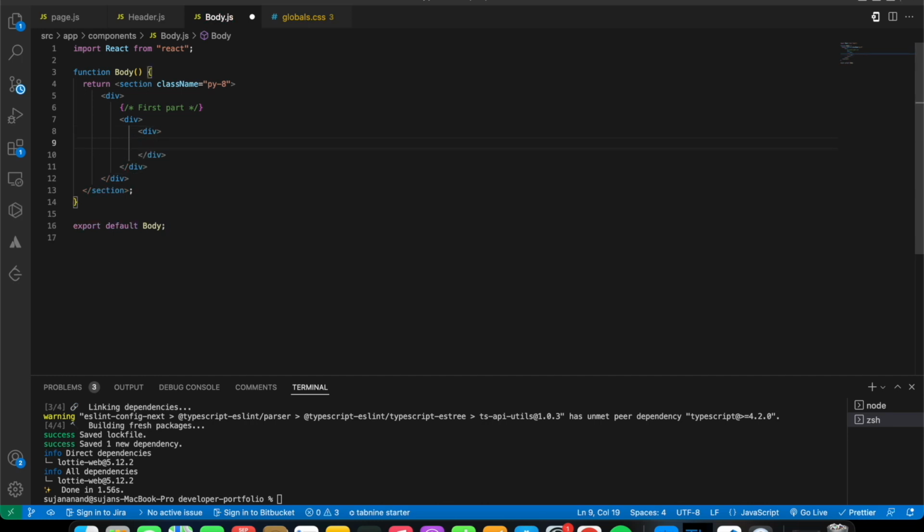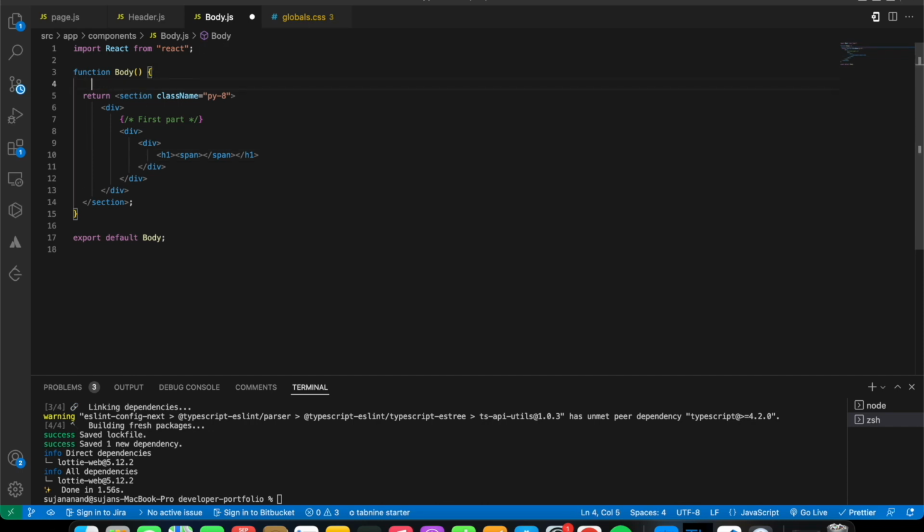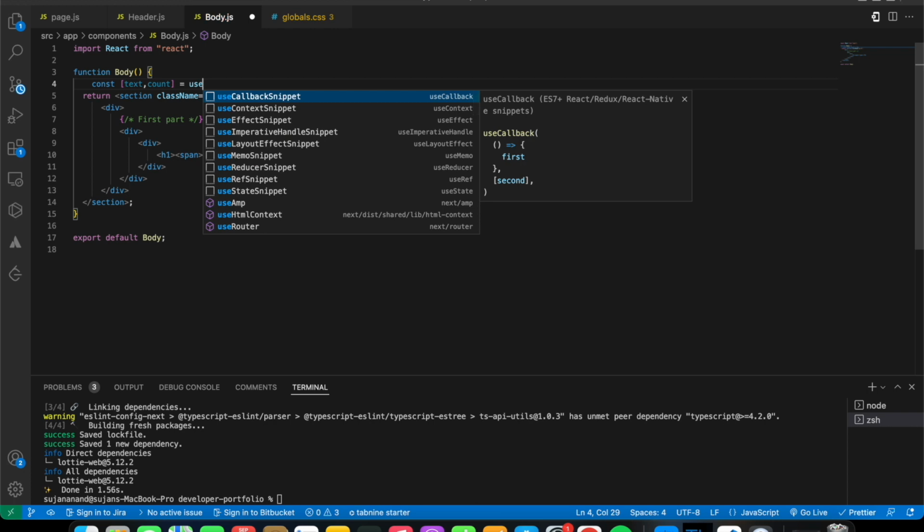Okay, so over here, firstly, I'm going to initialize my h1 tag. This is going to contain basically the span. Inside the span, we're going to write the text that comes from the React simple typewriter. So firstly, let's initialize our text at the top part over here. Here I'm going to say const text, count. You can actually get this piece of code from the documentation as well. So here I'm going to say use